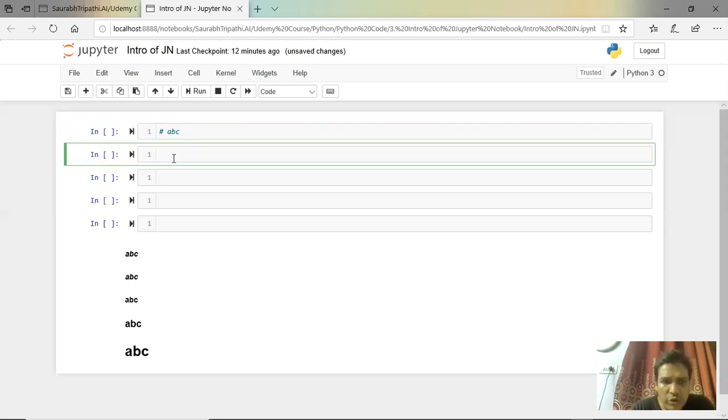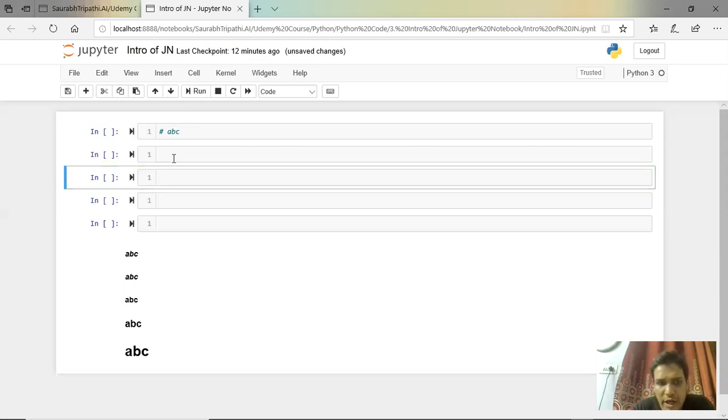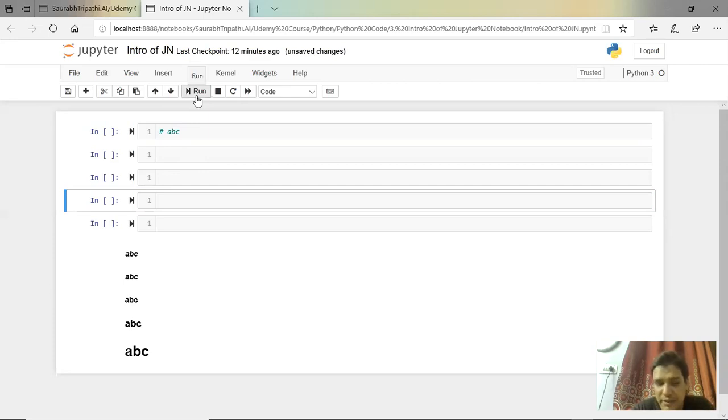And in Jupyter Notebook, if you have written something in a cell, you simply need to run it. To run it, you can press Control Enter. If you press Control Enter, it will run that cell. If you press Shift Enter, it will run that cell and get into the next cell. If you simply click on Run, it will again run the cell, and it is similar to Shift Enter. So I hope you get the point. So Shift Enter, Control Enter, and the Run button. You can use any of them to run a particular cell.